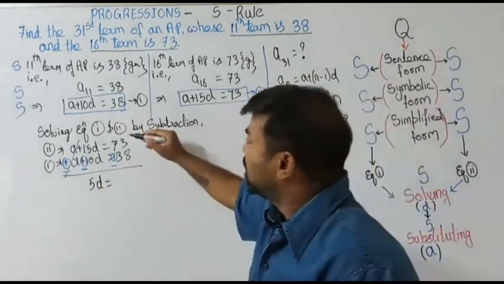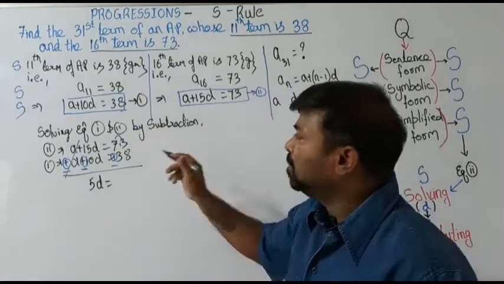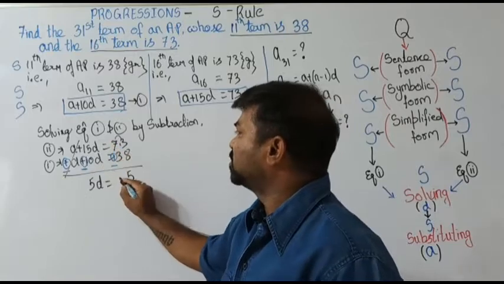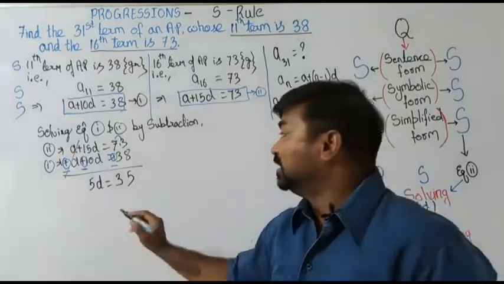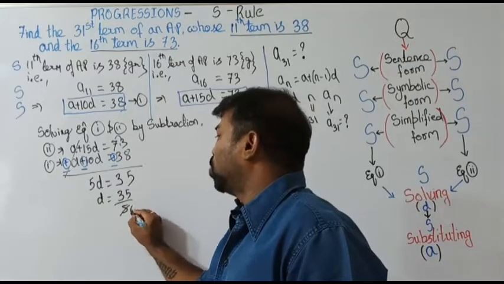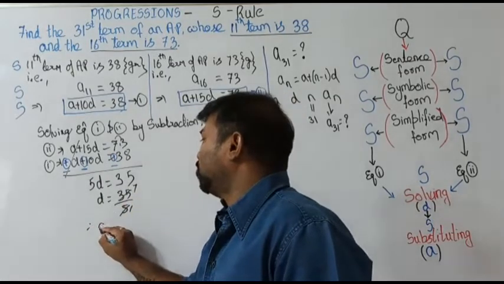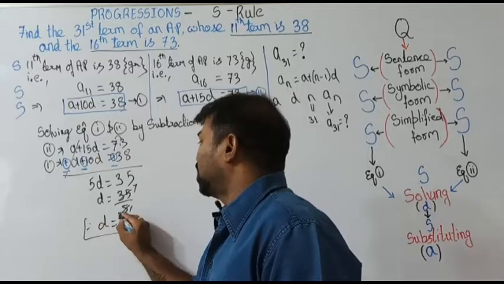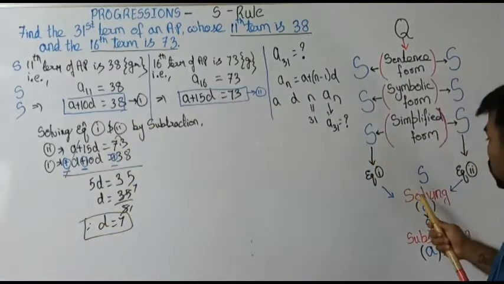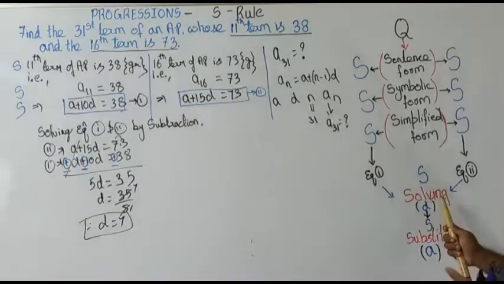If you take away, I think it's 13. 13 minus 8, it's 5. And again we are having 6 minus 3, it's 35. Now B equals 35 by 5, which is 7. Therefore, B equals 7. What did we do? We have solved it. That's what I said. By solving, we are getting the value of B.